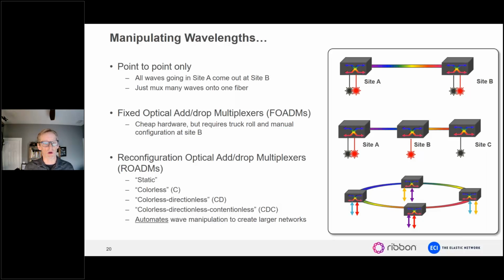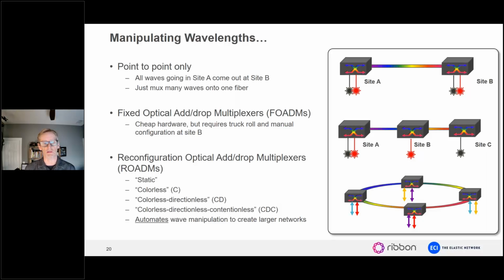The problem is it requires a truck roll and manual configuration. If you're dropping a wavelength out at, say, the red wavelength comes out at site B, only runs A to B, you've got to send somebody out there to do something to make that happen. But with a ROADM, a reconfigurable optical add-drop multiplexer, it's automated. So it automates the wavelength manipulation to help you create larger networks that you can manage and rearrange and resize